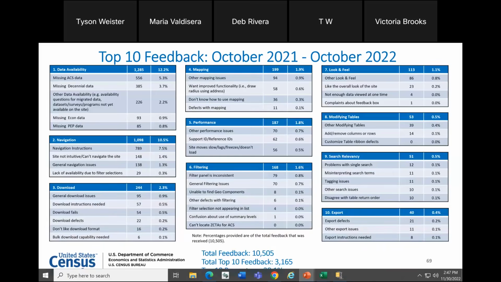Within each of those categories, there are also subcategories that we're using on our end to get a more detailed look as to what people are asking us questions about or commenting feedback about. All of this information helps us analyze improvements that we push out for the site and prioritize them.